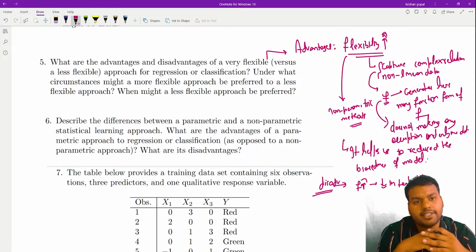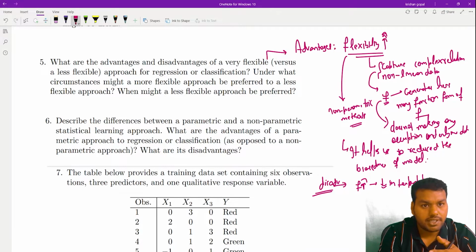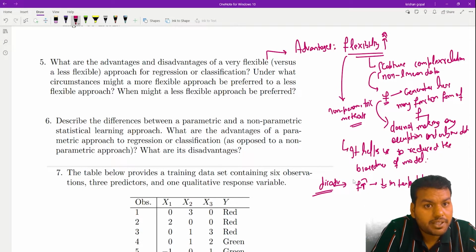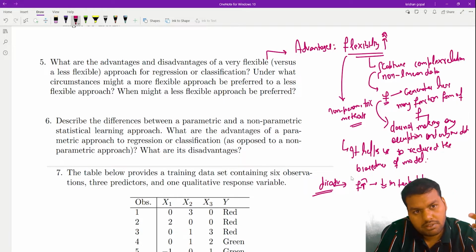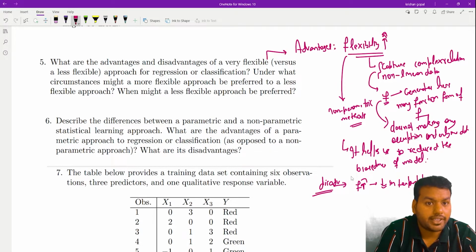So while increasing the flexibility, we need to increase it up to a certain limit, where we can achieve the optimum error, the minimum error. The same explanation goes for a small data set. You can have a training error that is very high, but the testing error is not necessarily very high. It can be and cannot be. So that is also the case. So when we have a large data set, then only we can go for the